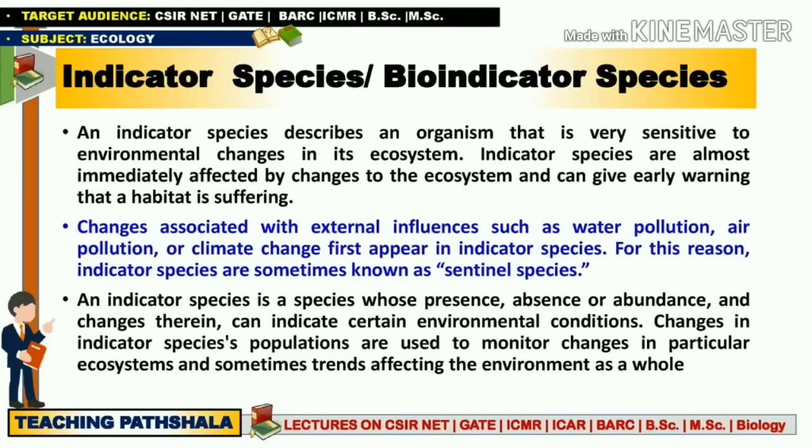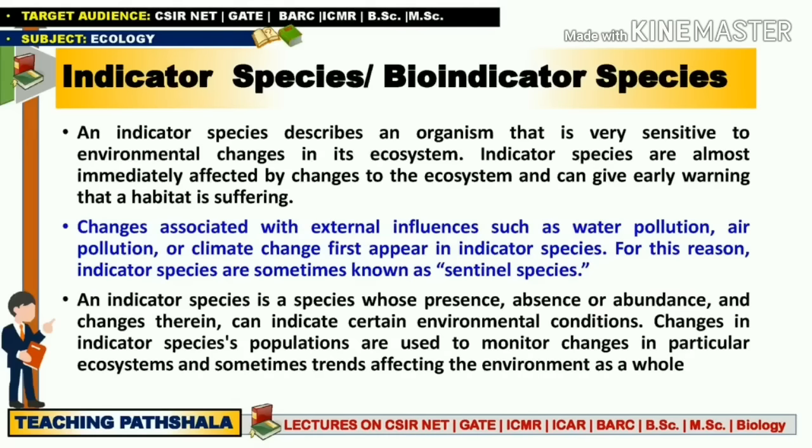For this reason, if we study indicator species, we can easily detect that yes, there is something wrong with this particular environment. According to that we can take different measures to protect that environment, and for this reason they are also known as sentinel species. Sentinel means something which is guarding, so that something could be protected from harm. Like soldiers, for whom we sometimes use the term sentinel, because they are protecting our country from enemies. That is why indicator species are also regarded as sentinels, because they give us the early indication of adverse conditions in the ecosystem.